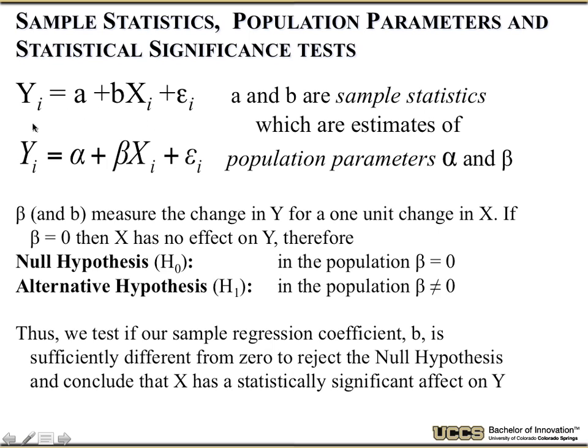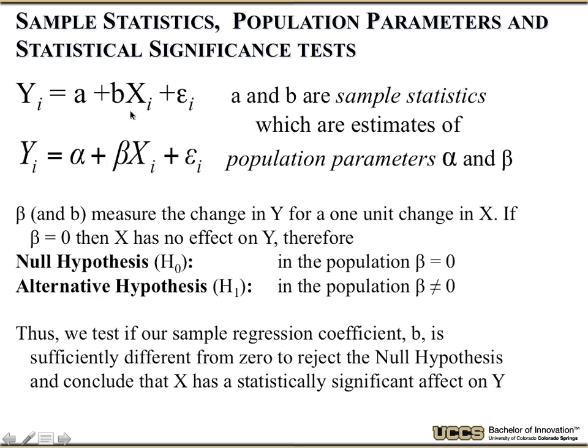If I have my line and I do a fit of y = a + bx + epsilon, then a and b are what I call our sample statistics. The real world, the population that I'm really worried about, has y = alpha + beta x + epsilon. So beta measures the change in y for a 1 unit change in x. If beta is 0, then there's no effect. So if I'm trying to say the 2 variables are uncorrelated, have no relationship to one another, the null hypothesis is that the population has beta equals 0. Beta is the real answer for the relationship between x and y. b is what I get to measure.